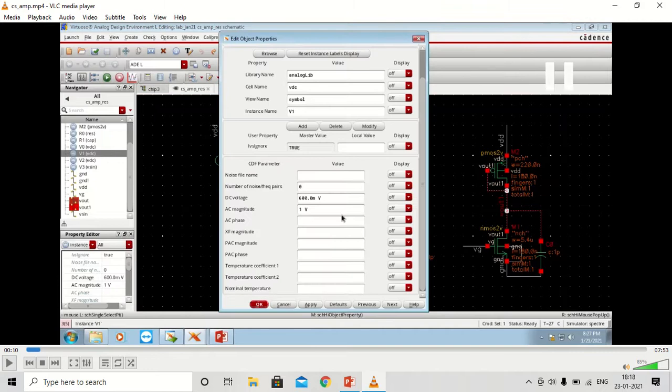So for the biasing, we need a DC supply as well as an AC signal. In this case, we are taking a 600 millivolt DC supply, which is 1/3 of the supply voltage of 1.8 volts. You can use a resistor divider, but in case of CMOS design, we use separate voltage references. We have to design it within our chip. In order to test the gain and the phase response of the circuit, we are using a 1 volt magnitude AC signal.